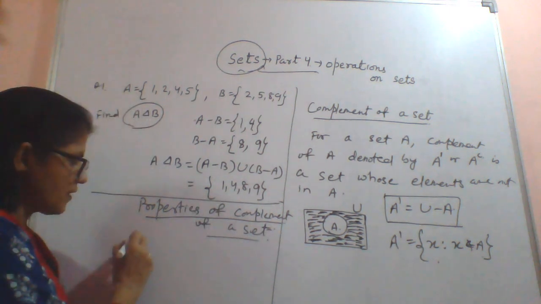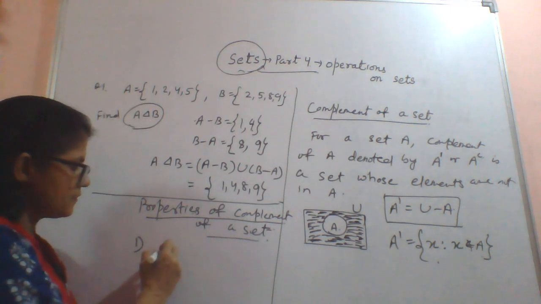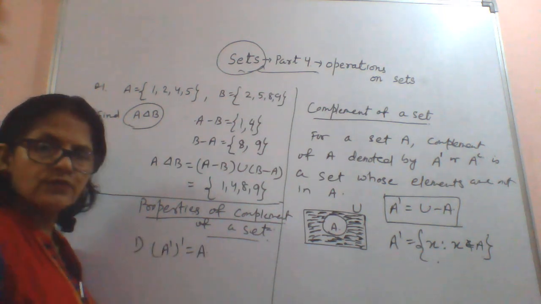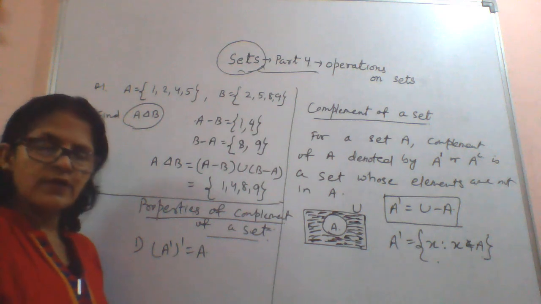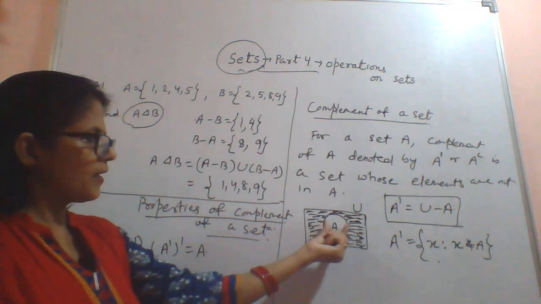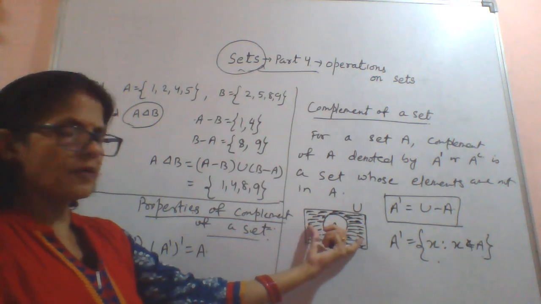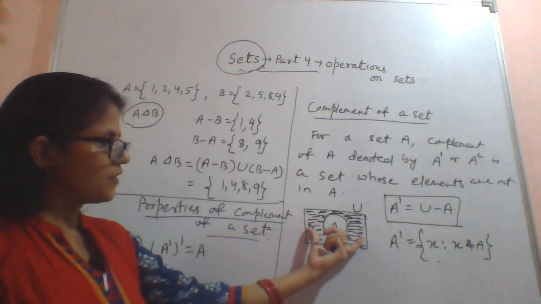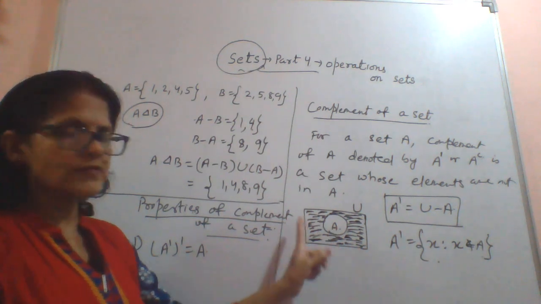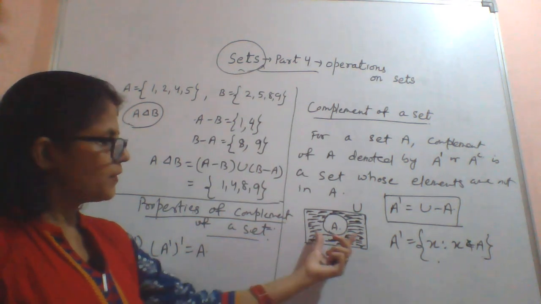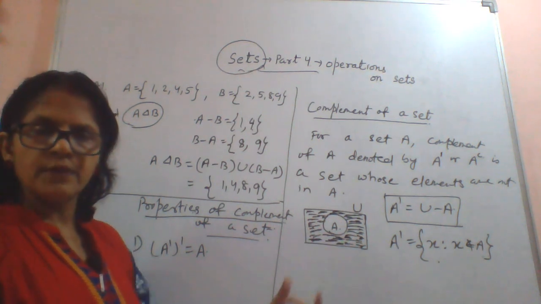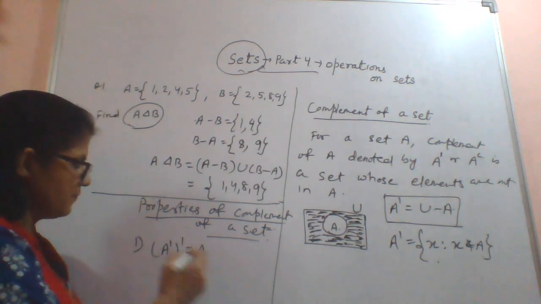Okay, first one is, if you see A complement of complement, that is equal to A itself. So A में नहीं है, then complement. So here you see, if I write here, this is your A complement. So complement of this will be, यहाँ पे नहीं होगा तो यहाँ पे होगा, right? We can't go outside universal set. So if it is not here, then it is here. So complement of A complement equal to A itself.